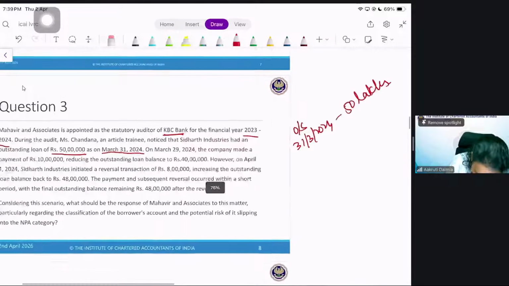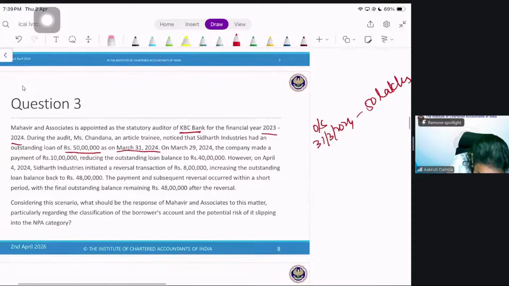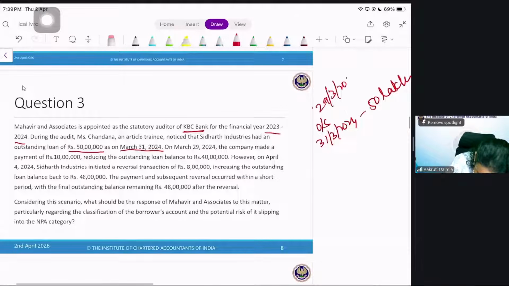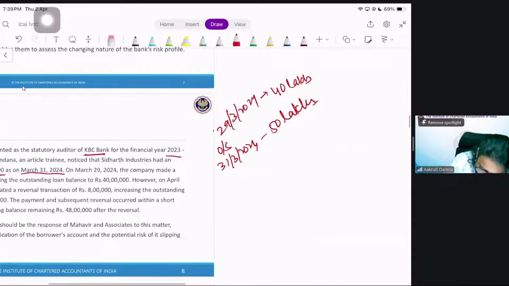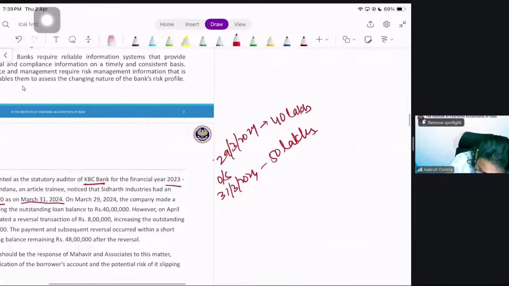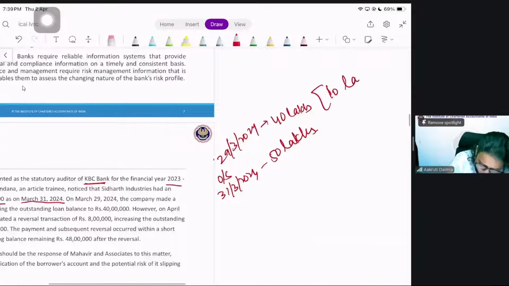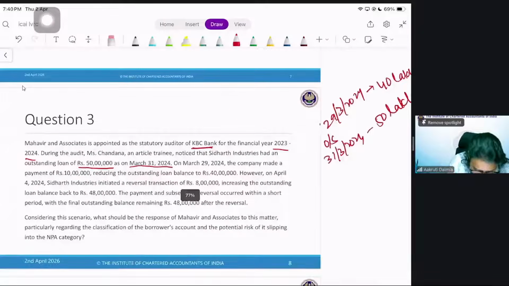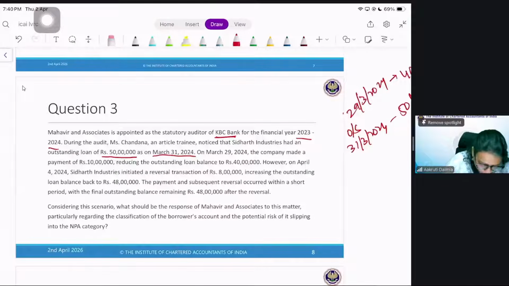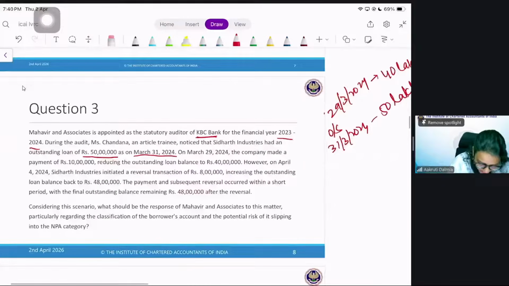Then on March 29, 2024, the company made a payment of 10 lakh rupees, reducing the outstanding balance to 40 lakhs. Okay. 29/3/24, 40 lakhs. 10 lakhs paid. Next. However, on April 4, 2024, Siddharth Industries initiated a reversal transaction of 8 lakhs, increasing